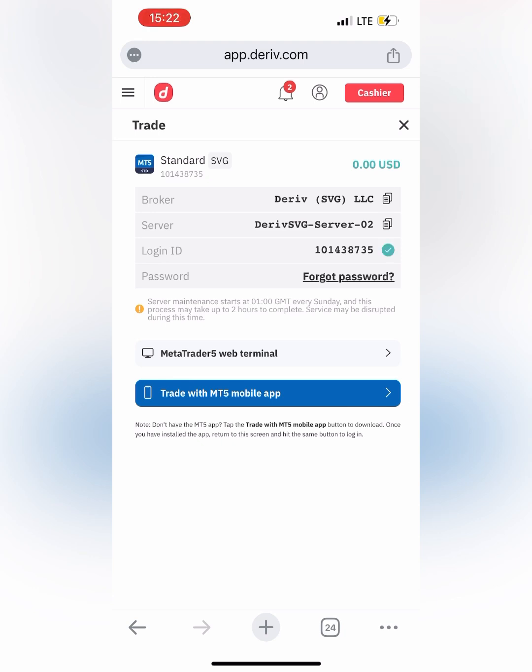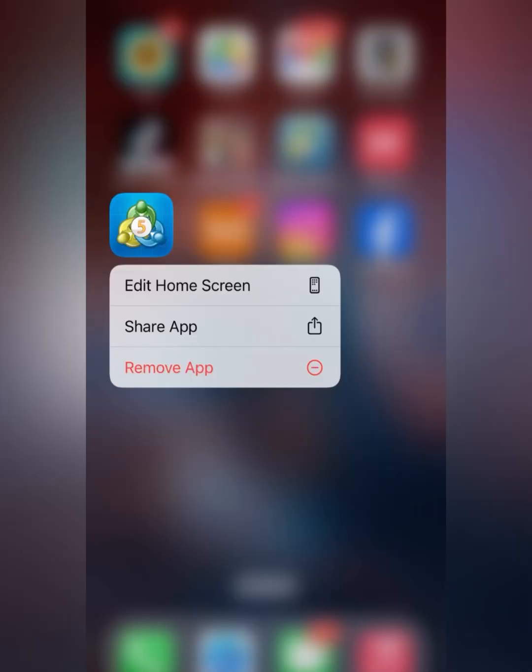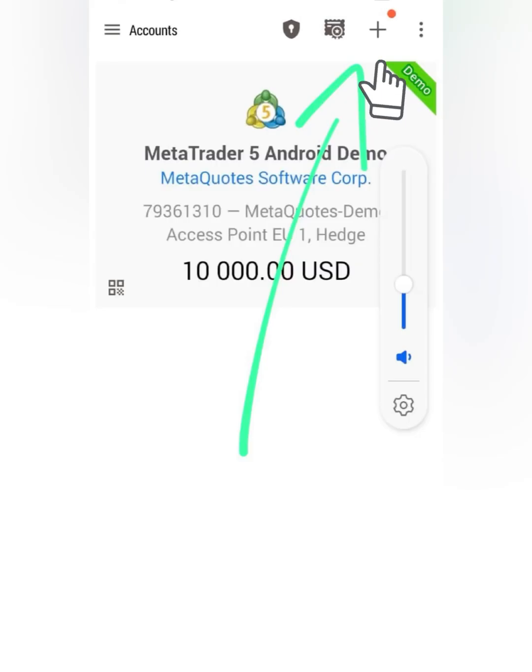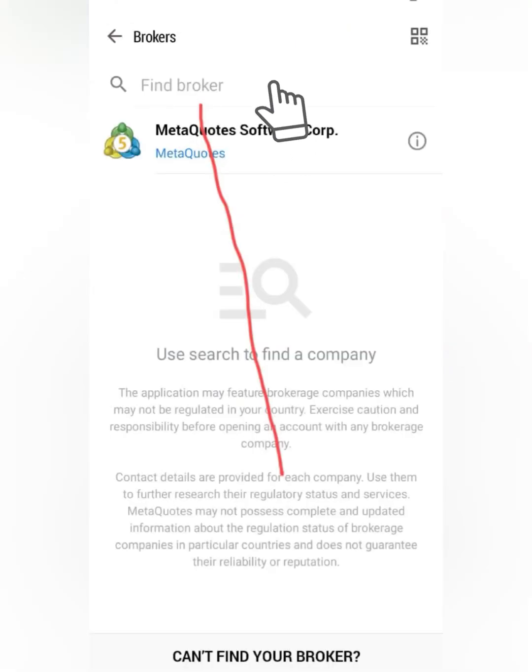You're going to open the MetaTrader 5 platform. You can copy these numbers and write them down so that you don't forget them. Now we're linking the account to what? To the MT5. So you're going to open MT5 on your mobile phone, and then for the Android users, you're going to click on manage, click on this plus icon over there,